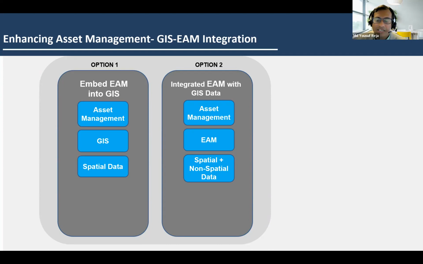Instead of integration of EM system within a GIS system, organizations should seek an EM solution that seamlessly integrates with their GIS data. This approach empowers organizations to monitor all their assets comprehensively, not only those with spatial attributes, ensuring that your organization can efficiently manage all its assets with the same level of detailed lifecycle information, while also leveraging the spatial capabilities of your GIS that can significantly enhance your organization's performance and maximize the effectiveness of your asset